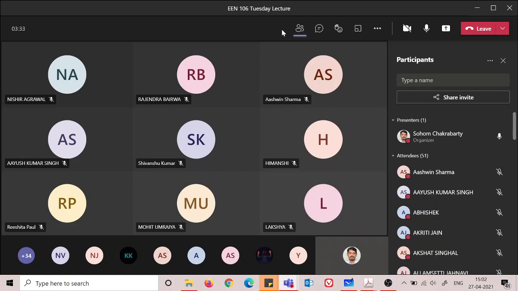So you can place all these things in a circuit, in a simulator, and run that circuit and figure out what would be the different currents and voltages in the different parts of the circuit. So those sort of simulation softwares are also available. Going ahead, as per your interest and as per some projects that you might be working on, you will come to know these simulation softwares and how to work with them.